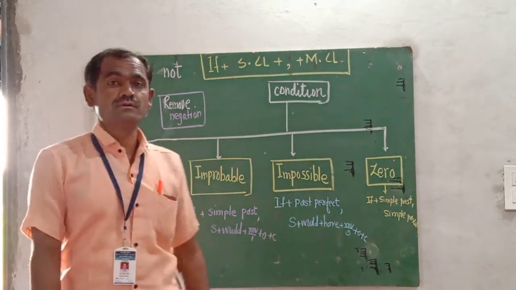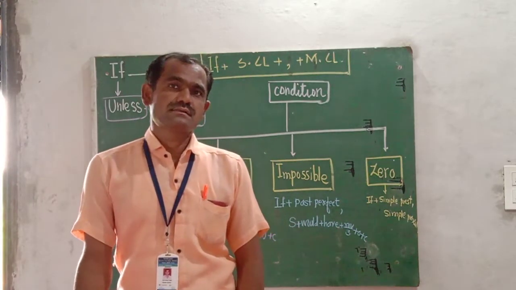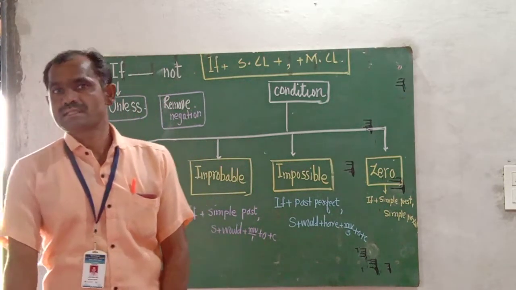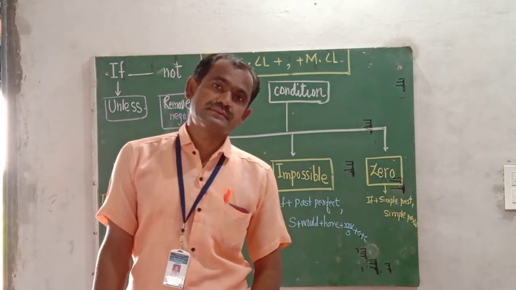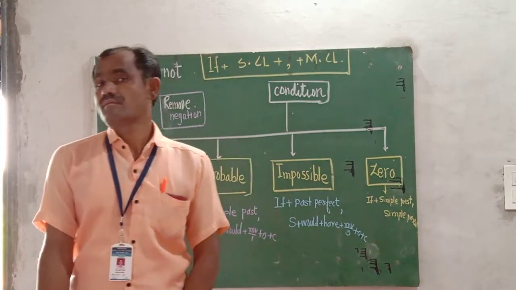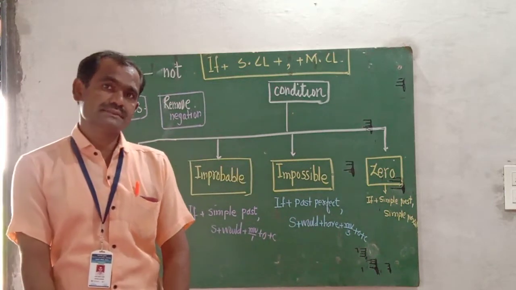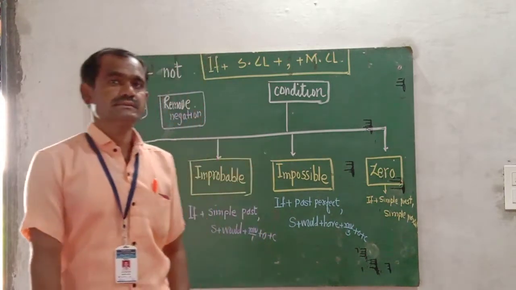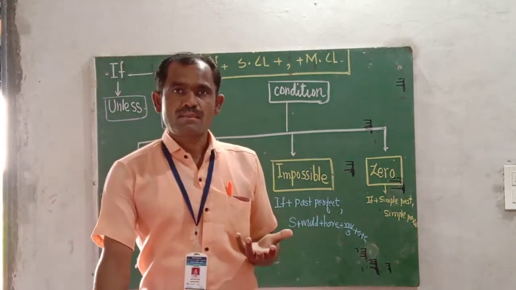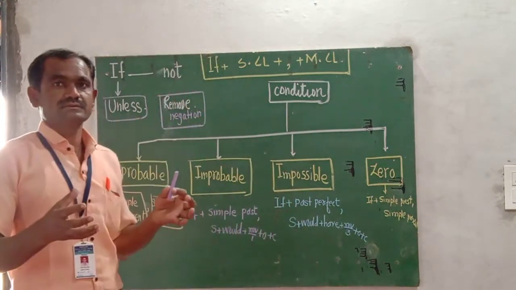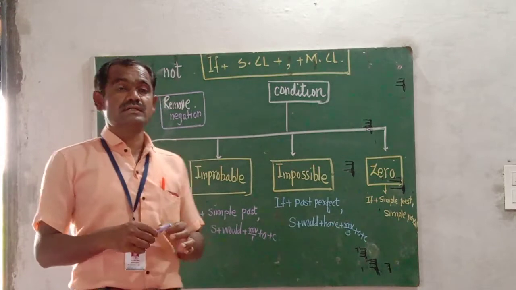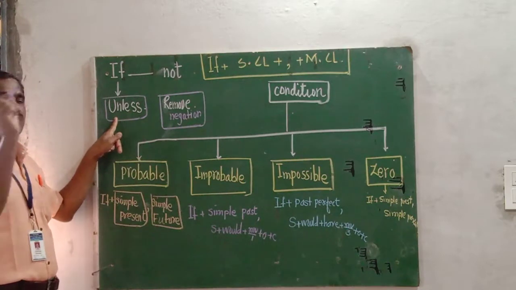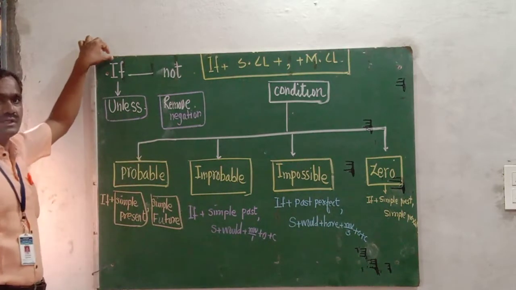After studying how to use unless in the sentence, and especially the conditional sentence, when a couple of sentences that correlate with a condition are combined with the help of a special subordinating conjunction, that is if or unless. We have seen that if and unless are reciprocals of each other, alternatives of each other. If there is an if, you can use unless there.